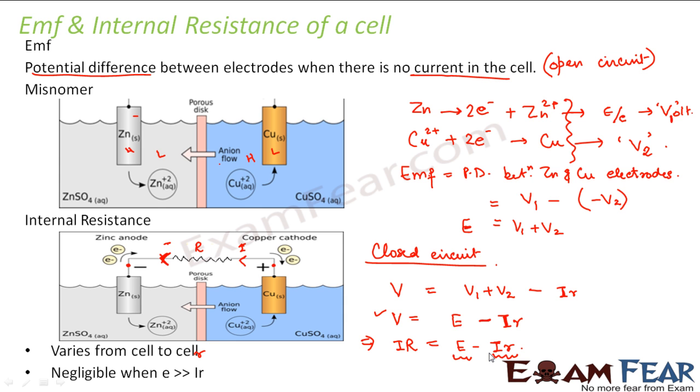So, if the EMF of the cell is say 500 volts, and when that 500 volt cell is connected in a circuit, the voltage drop across its internal resistance is 0.000001 volt, in that case, we can neglect internal resistance because the voltage drop across it is very less. So, internal resistance basically plays a role in the fact that there is a voltage drop across the internal resistance when the cell is connected in a circuit, or when there is a current flow in the circuit.